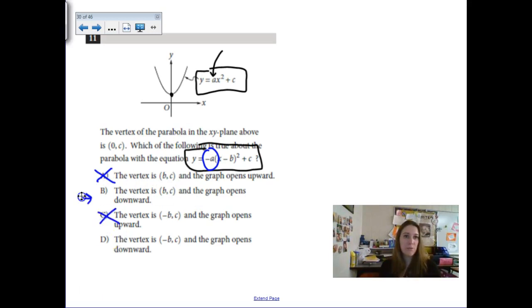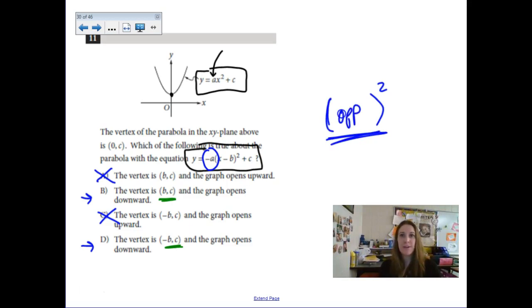So I'm narrowed down to B or D. All right, let's keep going. So the difference between B and D is where the vertex would be located. So somewhere in the back of your brain, you should have some trigger going, okay, when stuff is in parentheses like this, it's always the opposite, right? When it was x minus 3, that really meant right 3. And that was true for pretty much everything we ever learned. So in parentheses, you have to think opposite terms. So when it says x minus b, that means the vertex is actually at a positive b, comma c. So our answer is